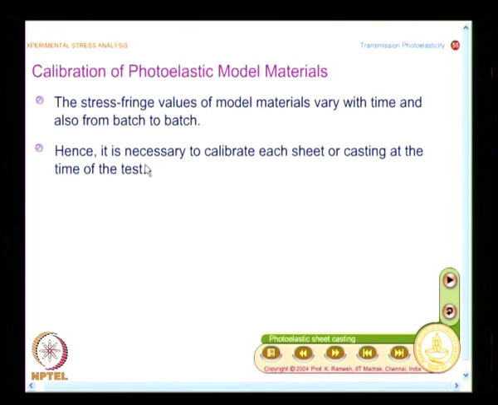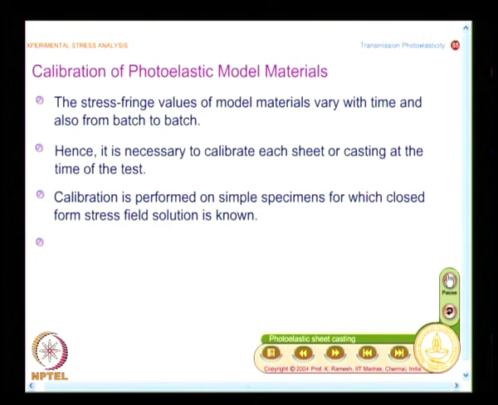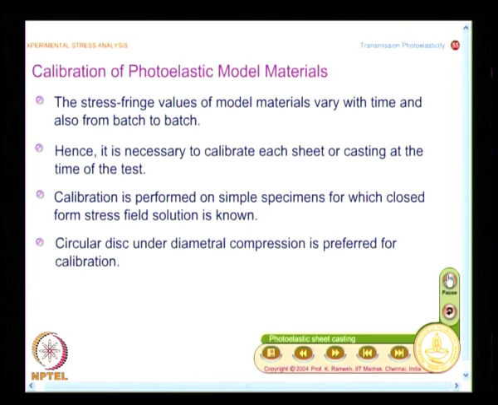So, you need to calibrate each sheet or casting at the time of the test. And what is the thumb rule? When I have to do this, my focus is on finding out f sigma. So, I need to do it on a model for which a closed form stress field solution is known, because I should conduct the experiment as accurately as possible, so that I follow all the restrictions on loading and